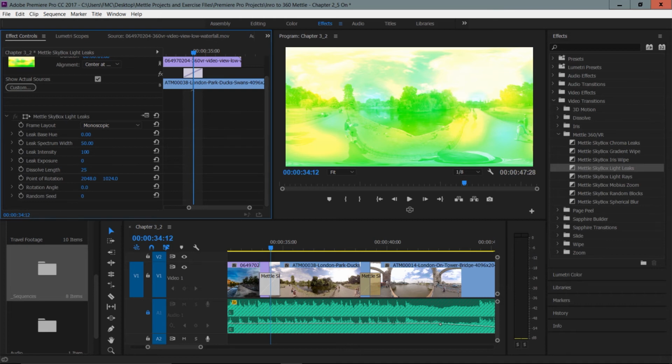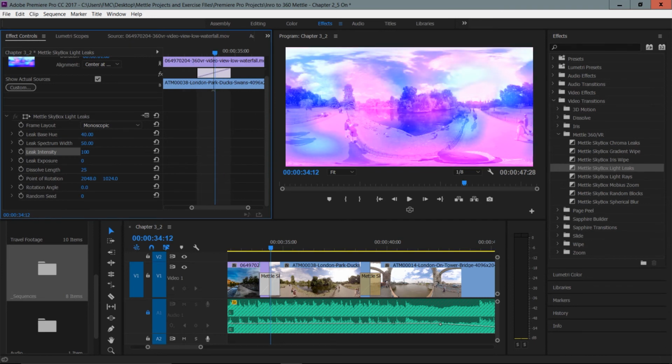So I'm just going to come in here in the transition and change the leak base hue, which is going to change the color of the light leak. That looks pretty good. And I think there's a lot of color variations here. In fact, you can see all the color variations here from blue to purple. So what I want to do is just change that leak spectrum width to be a lot less, and then I'll have less color variations, or I can drag that up to create more color variations. So I'll just drag that number down to something like 15,